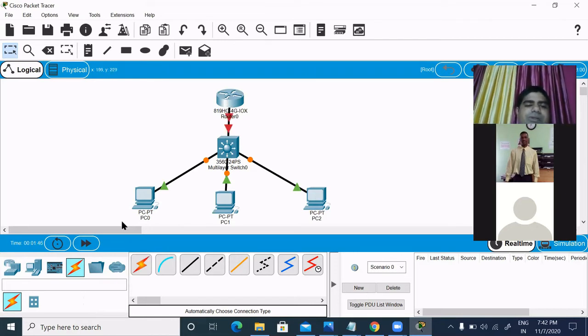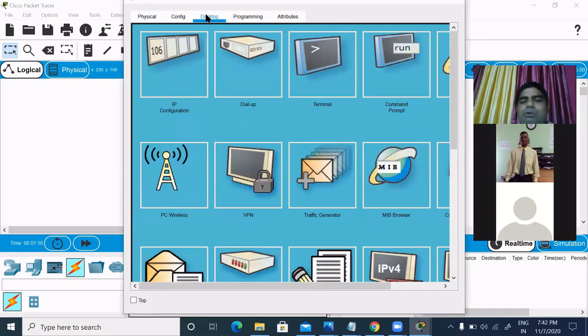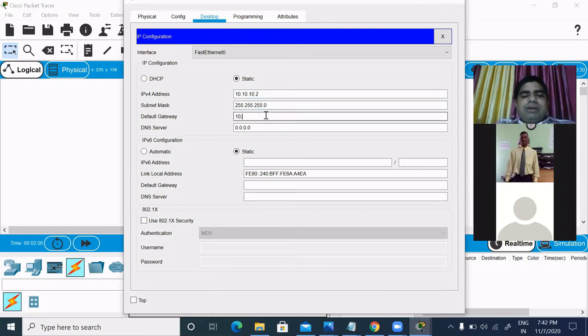Firstly, we will assign IP on this PC. We will go to Desktop, IP Configuration, and I am taking 10.10.10.2 IP. Subnet mask 255.255.255.0, and the gateway is the IP which we are going to assign on the router later on.